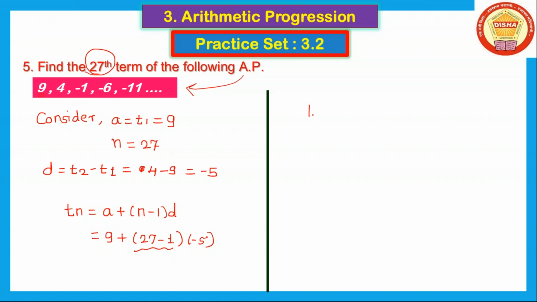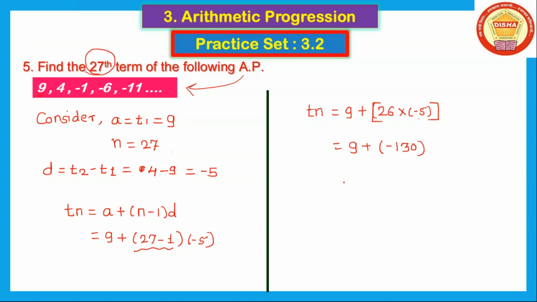So we write here Tn is equal to 9 plus 26 into -5. We put 9 as it is here. Here is a multiplication. We do the multiplication of 26 into -5, which is equal to